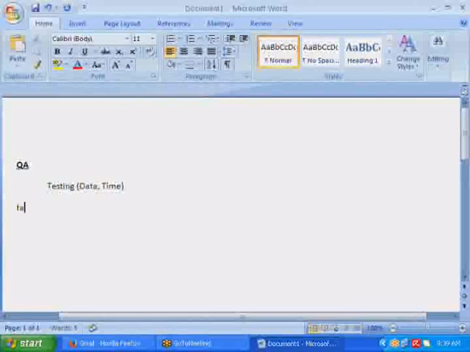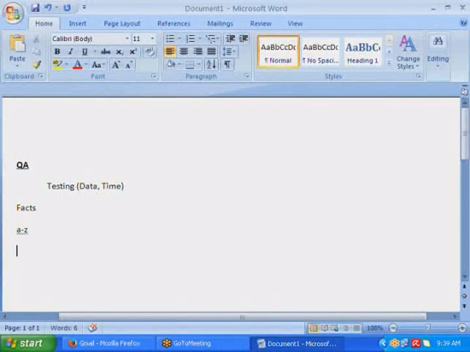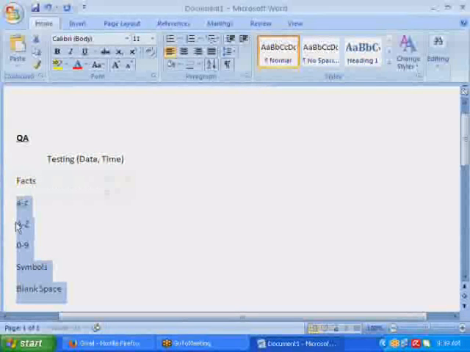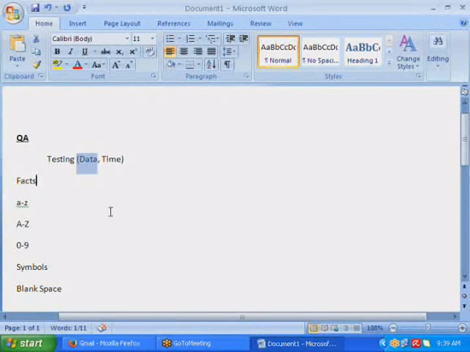What data means is nothing but facts. That means it might be characters, either lowercase or uppercase, numbers, symbols, or blank space. When you process all this information, we get the data. Okay. That means, for example,